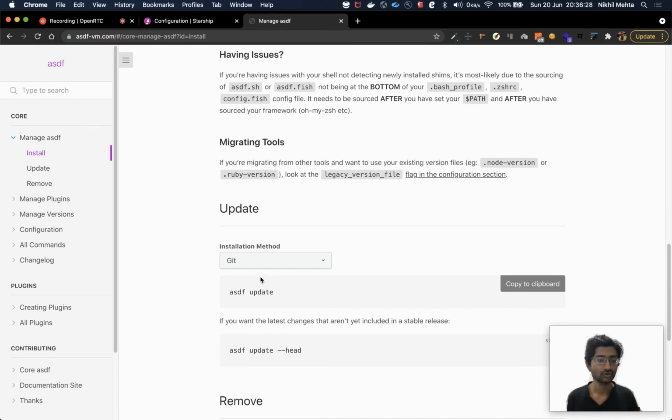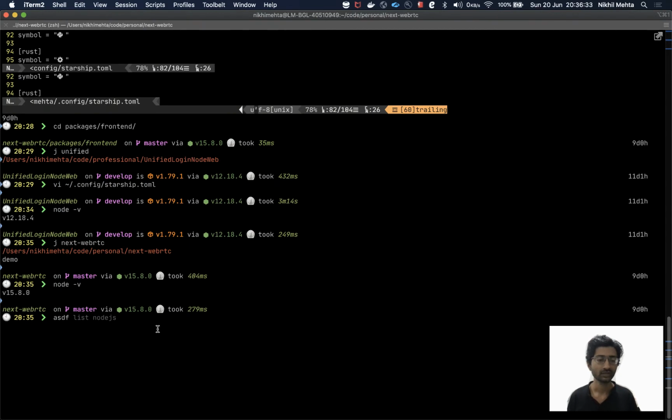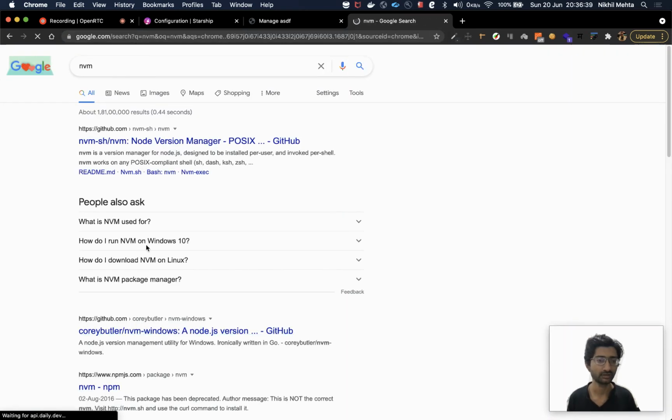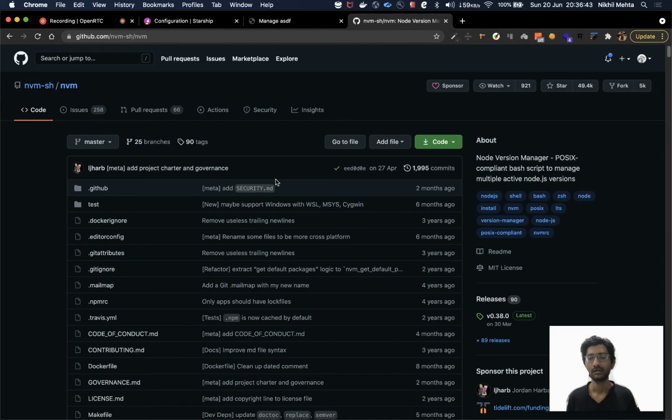But then I want to show you one very cool thing they have done here, right? Traditionally, you must be aware of something called NVM. If I search NVM, this is a node version manager, right? Now, if you are a node developer, you will be pretty happy with NVM, and you will maybe stick to that, right?